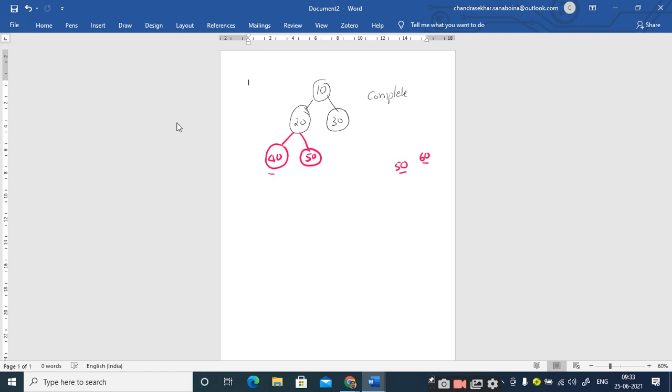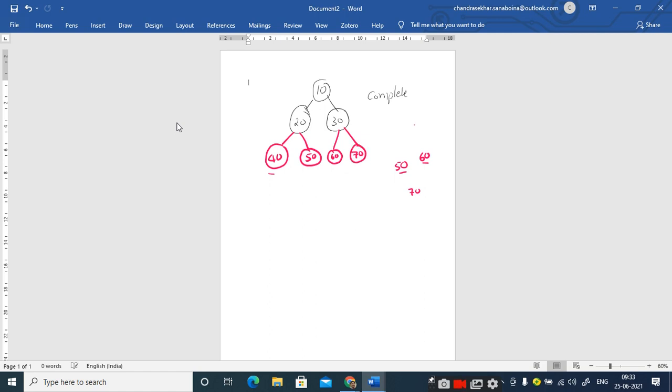In general, the left side of 30, sir. Super, left child of 30. In general, this 60 should be placed towards the leftmost part, but the leftmost part is occupied by 40, and after that it is occupied by 50. So whatever vacant position towards this leftmost part is the left child of 30. Now if I want to insert 70, it should be the right child of 30.